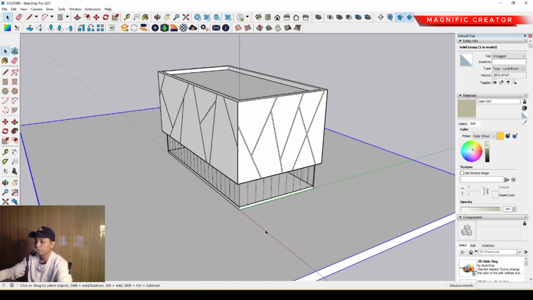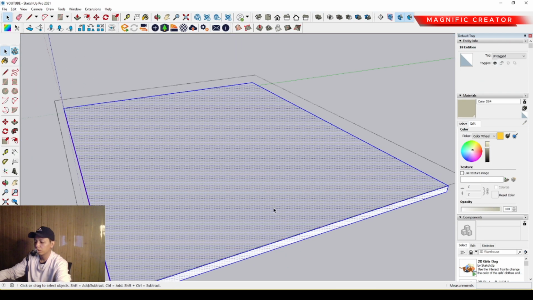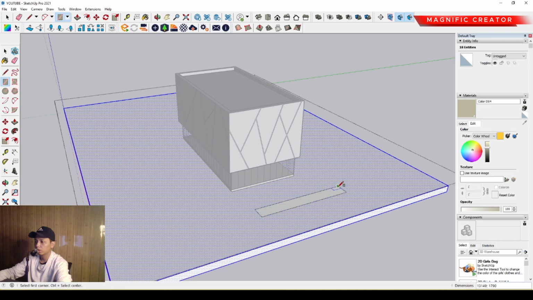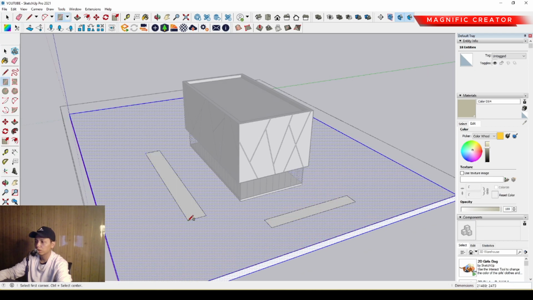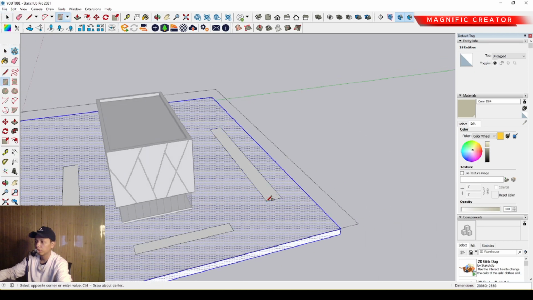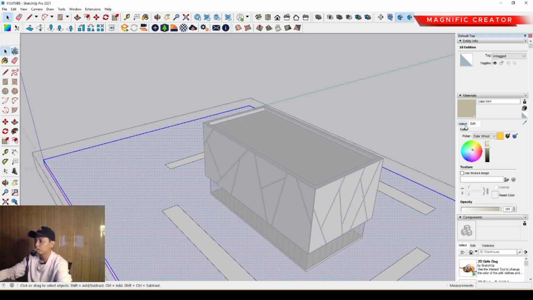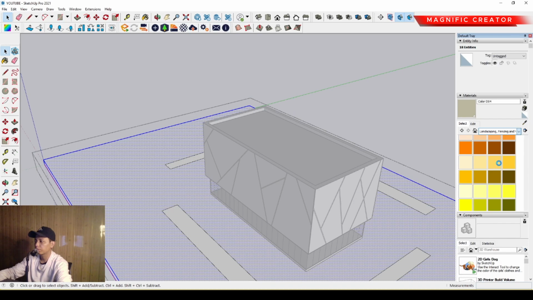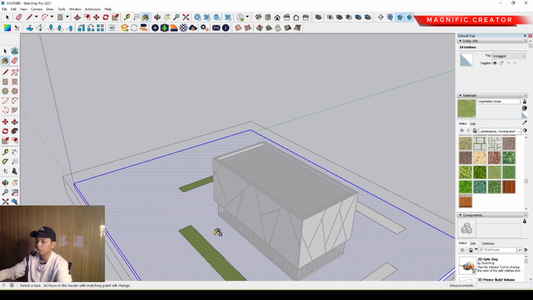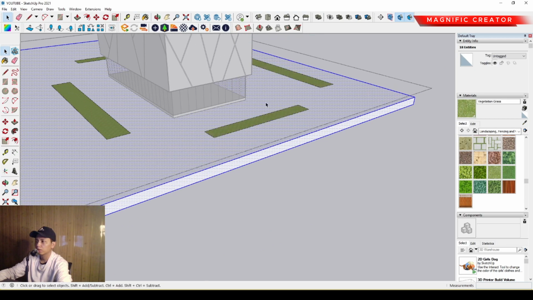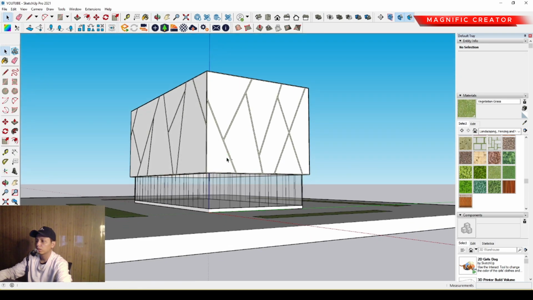Okay, and then we can make the another component. Maybe we can use landscape area over there. As usual, we can landscape area in here or in here. It's just for example. So then we can select the landscape and just place on it. Okay, and also we can make